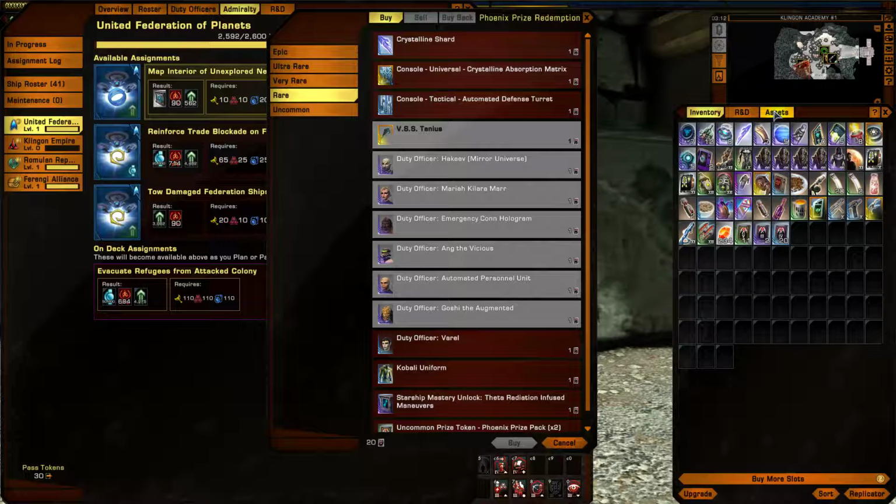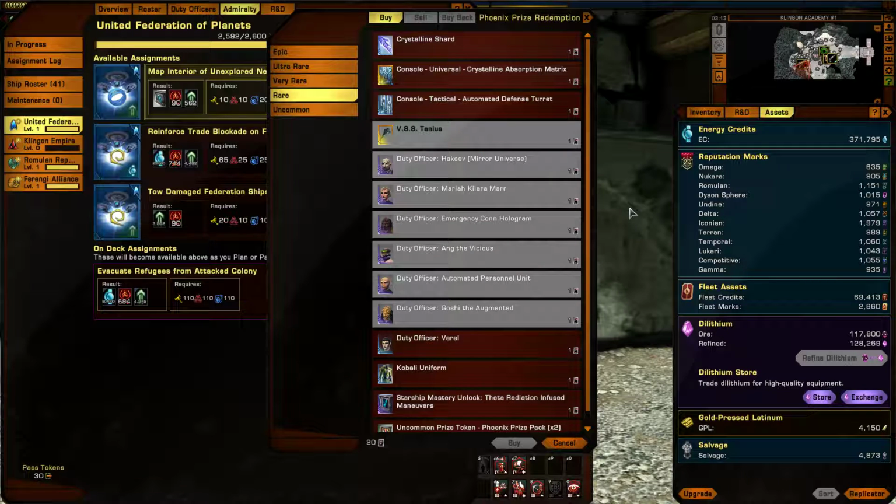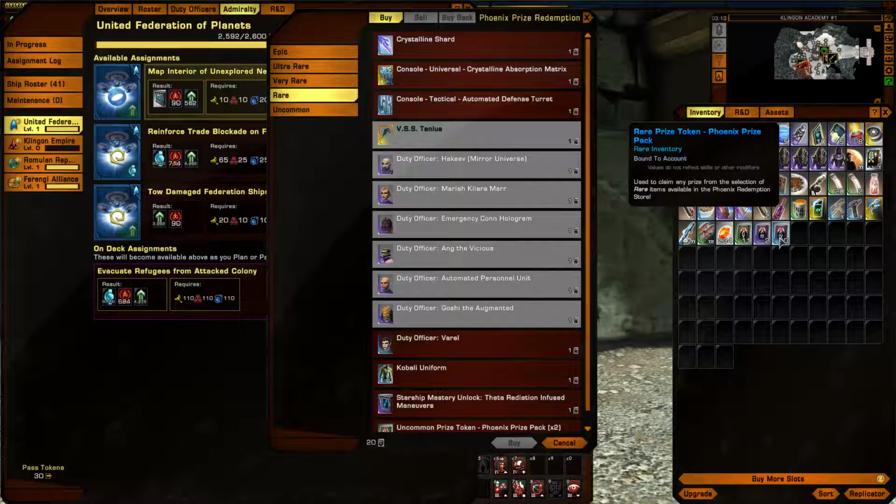I personally think they do it when the Zen exchange starts getting way too high. You'll notice it a little bit more often to help bring the price down. But that's one excellent ship that's totally free. And matter of fact, when they're running the Phoenix event, you get one of these free per day,